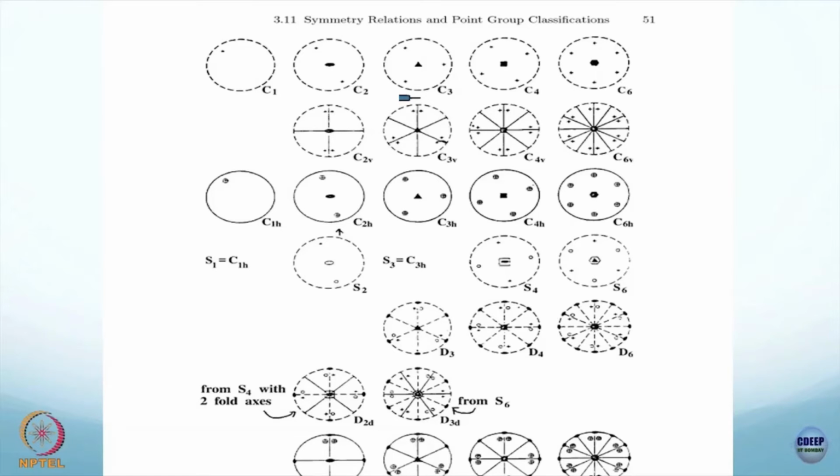So, it will become the backside. And again if I do a 4-fold rotation, it will come in the front, and then again I do it, it will go to the back. So, the rotoreflection is nothing but C4 times sigma h,